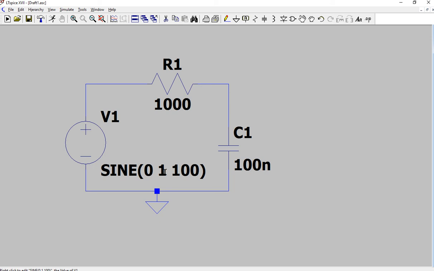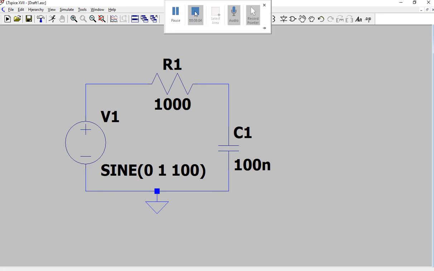It will have 1 volt magnitude, that is actually plus minus 1 volt, and 100 hertz. I can change any of these values again and again. So now you can save the schematic, and that's all for drawing a simple schematic. Thank you.